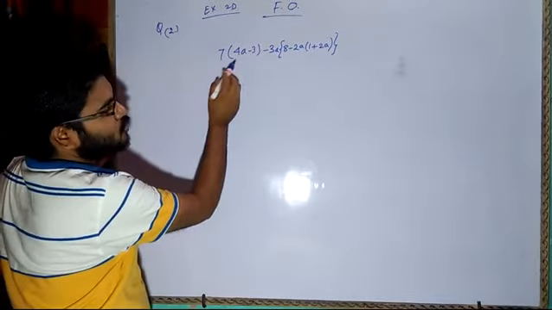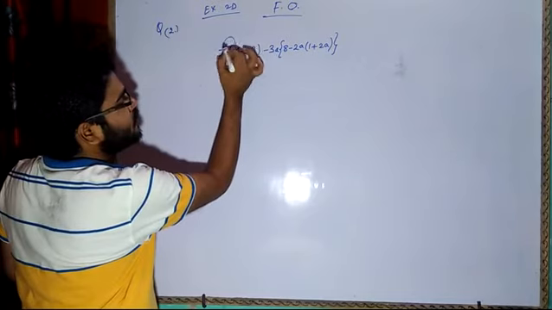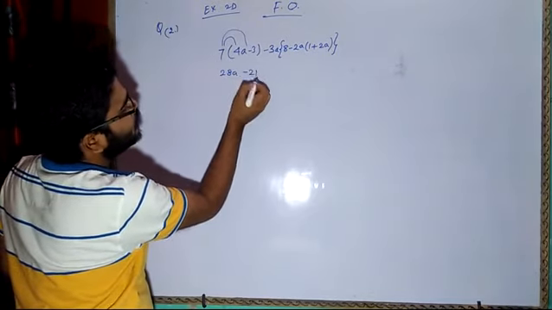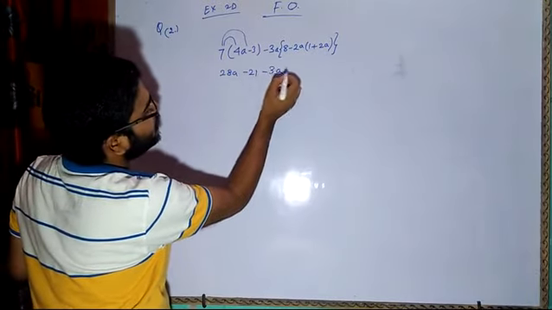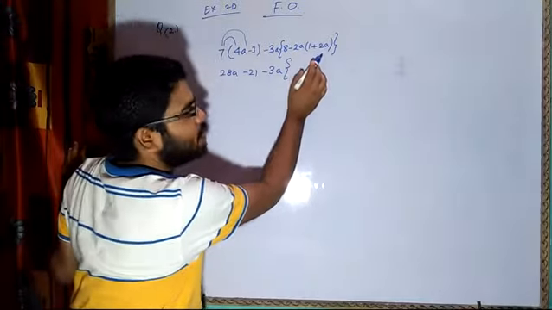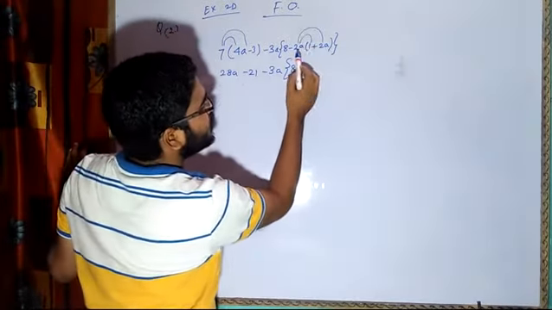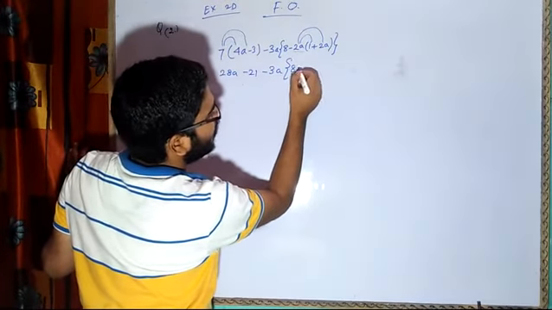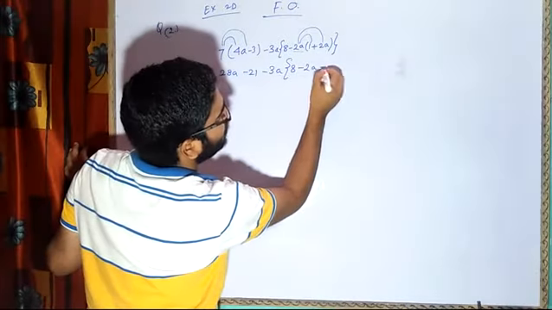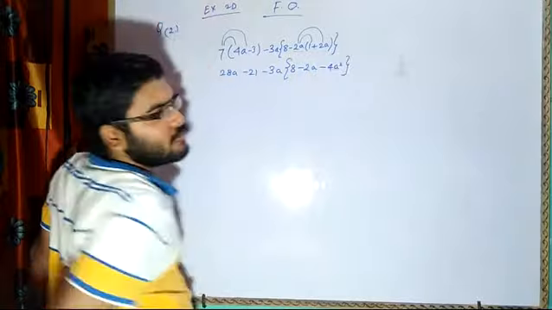So what will be our procedure? Since they are not like terms, we cannot add. So the only option is we have to multiply. 7 4s are 28a minus 21 minus 3a curly braces. Here also they are unlike terms, so we cannot simplify. The only option is to multiply these terms. So minus 2a into a, 1 will be equal to minus 2a. Minus 2a into plus 2a will be equal to minus 4a square. Now this round bracket work is over.